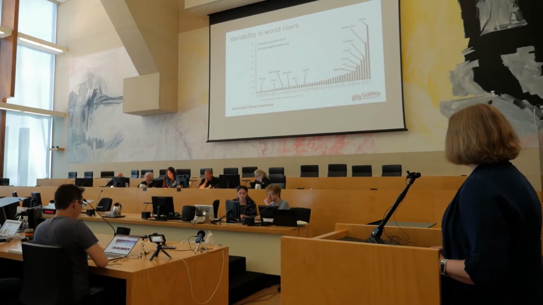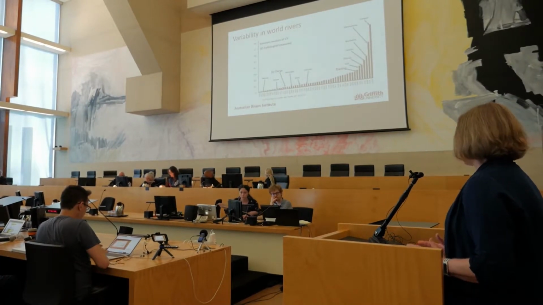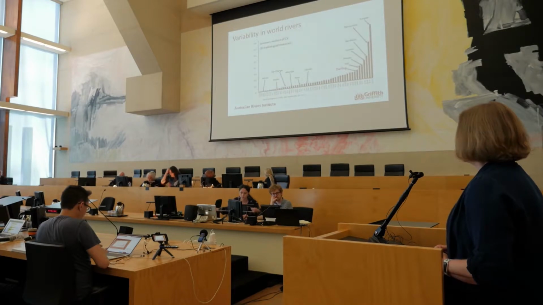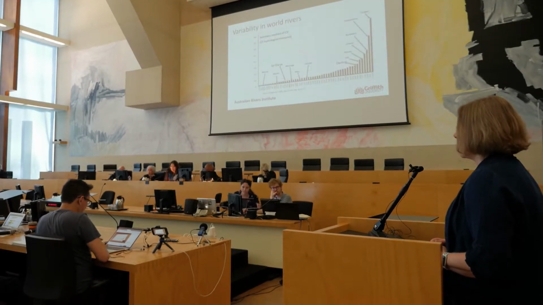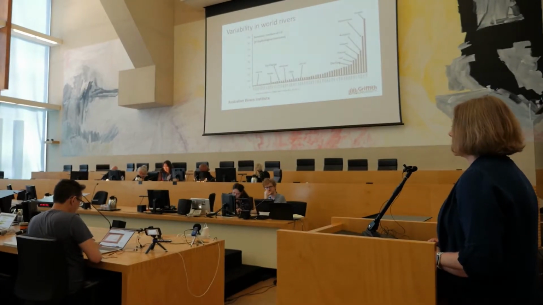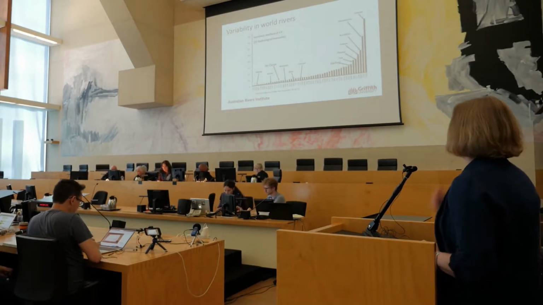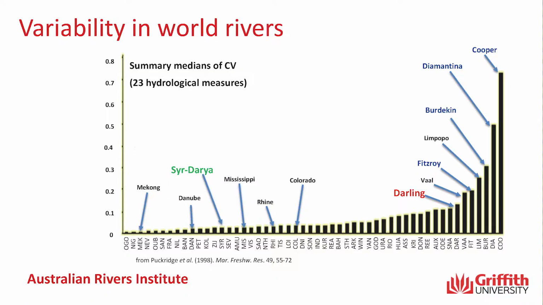So this is just to put it in perspective around variability. One of the things that I think we get captured by in terms of looking at some flow statistics in rivers like the Darling is just how variable it is. So back in the 1990s, we did a project trying to come up with a context for how variable some of Australia's rivers are. We took 20-year hydrographs from a range of different rivers all around the world and then looked at measuring the variability of those hydrographs, and this is just a plot of the coefficient of variation, which just standardises that measure across all of those rivers.